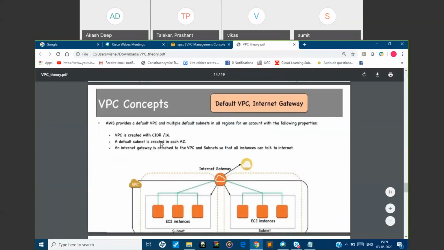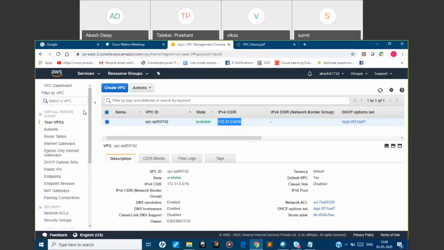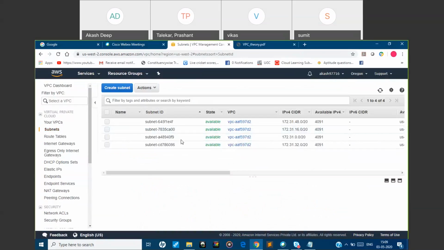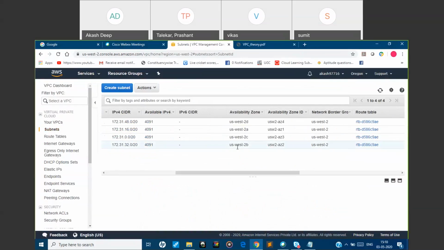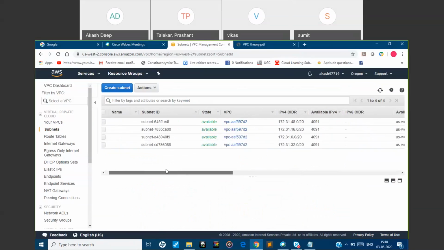A default subnet is created in each AZ. Also, if you go to subnets, you can see the default subnets. Oregon has four availability zones, that is us-west-2a, 2b, 2c, 2d, and all these availability zones are associated with this VPC.